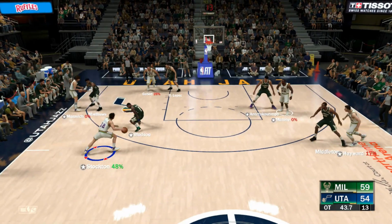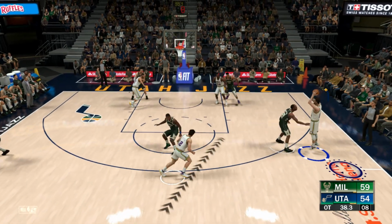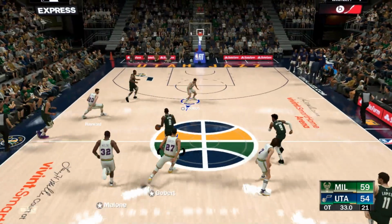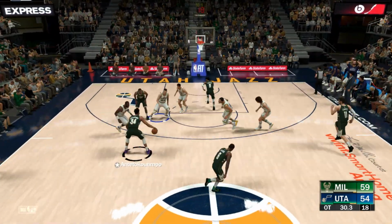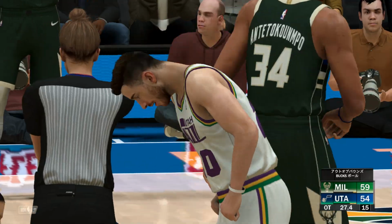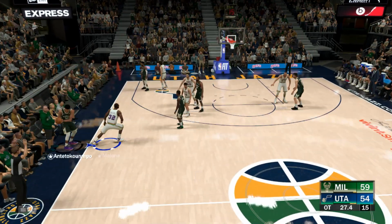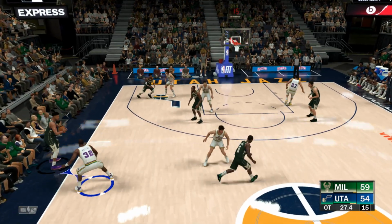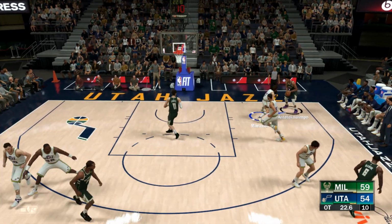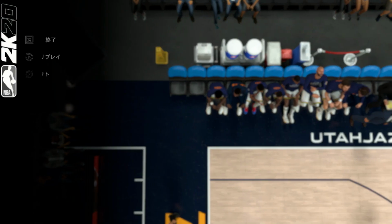Malone against Giannis. Here's Stockton. Out to Hayward. Puts up a 3. The Jazz with another miss. And it's the Bucks ball. Bledsoe passes to Giannis. And it goes out of bounds. That one off Hayward. Middleton the pass to Lopez. The Bucks working the ball around to the inside. And Lopez throws it down. Nice